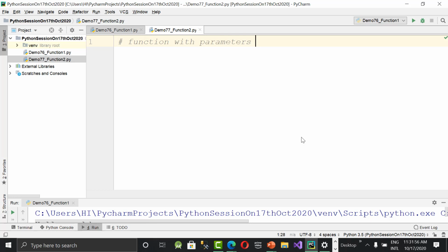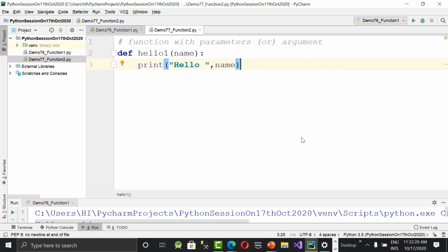So def is the keyword that we have to give. Function name hello one, and here I'm writing name. Name is my parameter name or argument name. So print hello, and beside that I want to print the name, concatenation, or you can use plus also, no problem. Return is optional, so I'm not writing it.